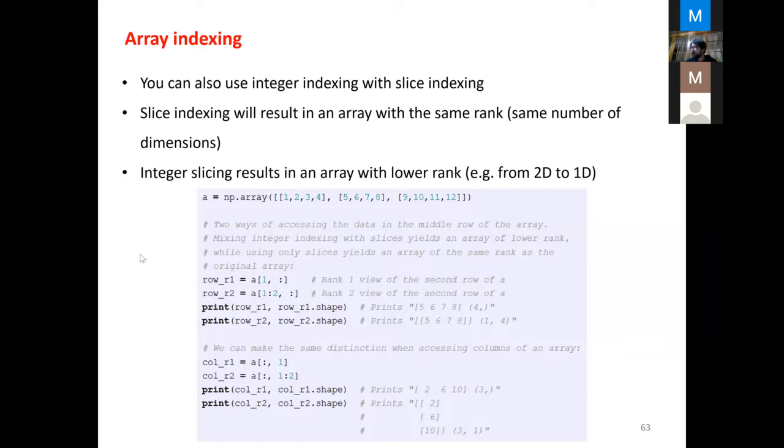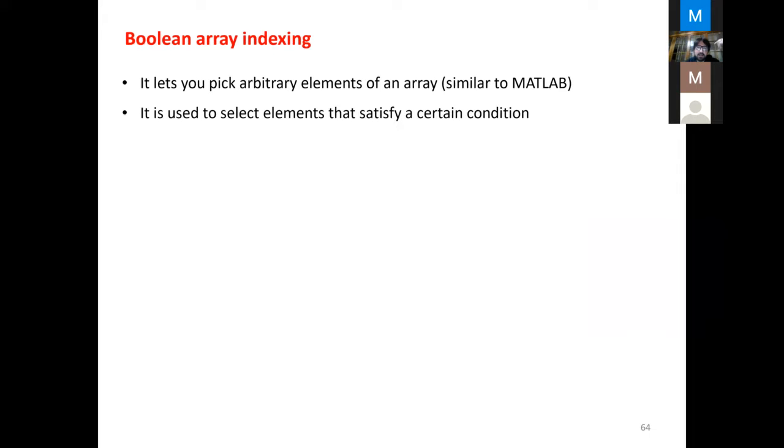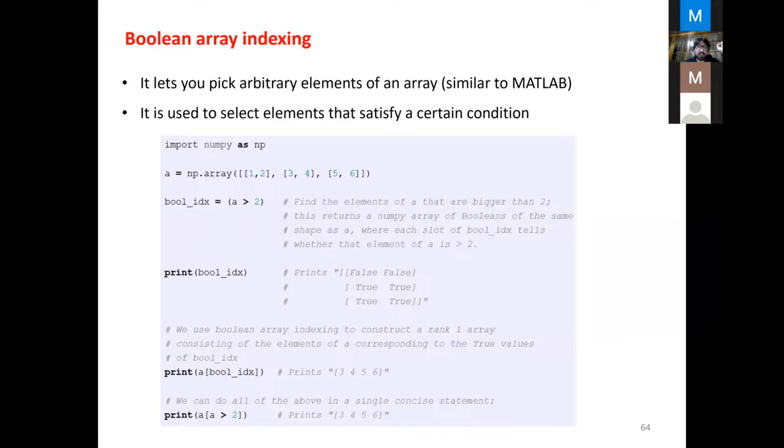Okay. This is very useful, which is Boolean array indexing. It lets you pick arbitrary elements of an array using a Boolean condition, and it will only select the values that satisfy this condition. So for example, here,